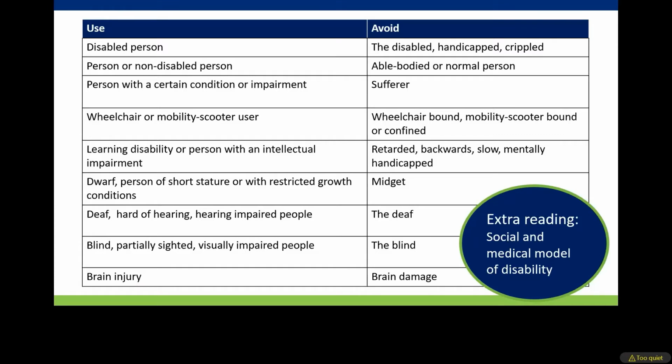You'll see the language on the left-hand side, which is the language to use: disabled person instead of the disabled, handicapped, crippled. Non-disabled person, you'll hear me say non-disabled person quite a lot. Person with a certain condition, so you can say something like person with muscular dystrophy, for example. A wheelchair or mobility scooter user instead of wheelchair bound. Anything bound, anything confined is really not perceived as positive. Learning disability or person with intellectual or learning impairment, person with short stature or restricted growth, deaf or hard of hearing,